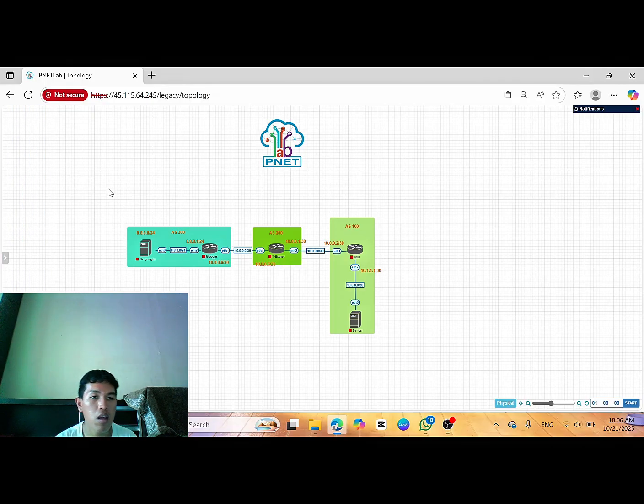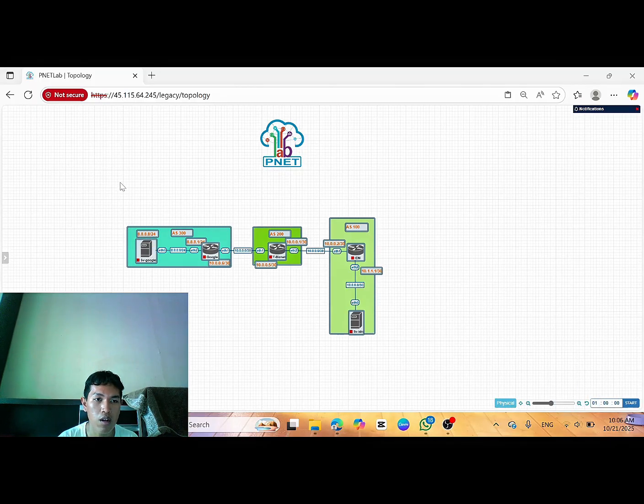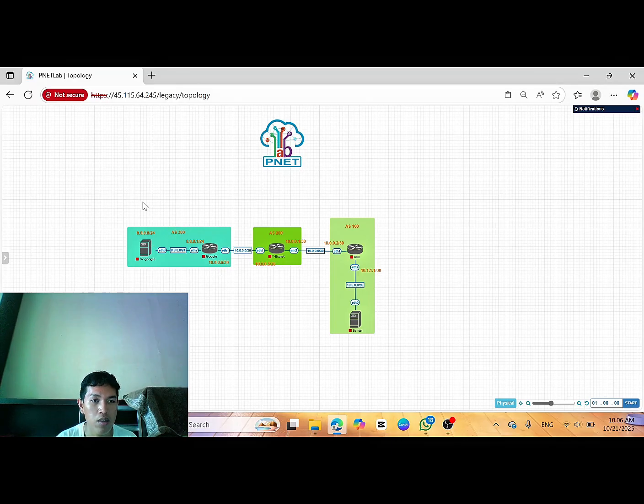I have a topology like this. At the left side, this is the Google network with AS3000 and its server. In the middle I have the ISP named BizNet with AS2000.